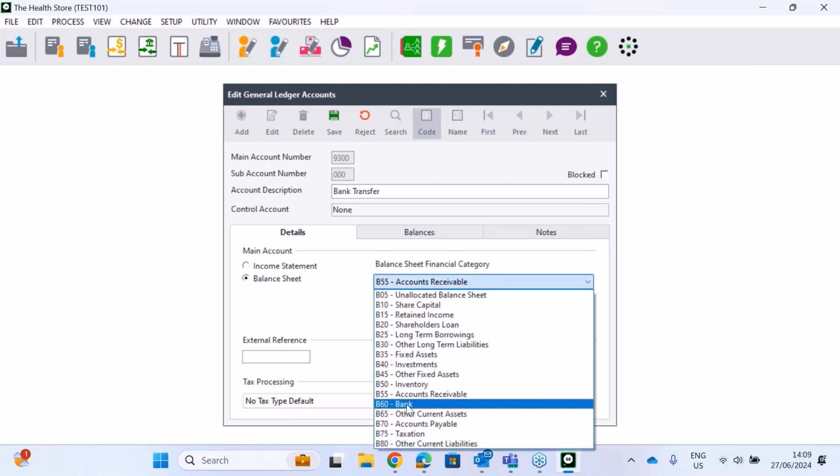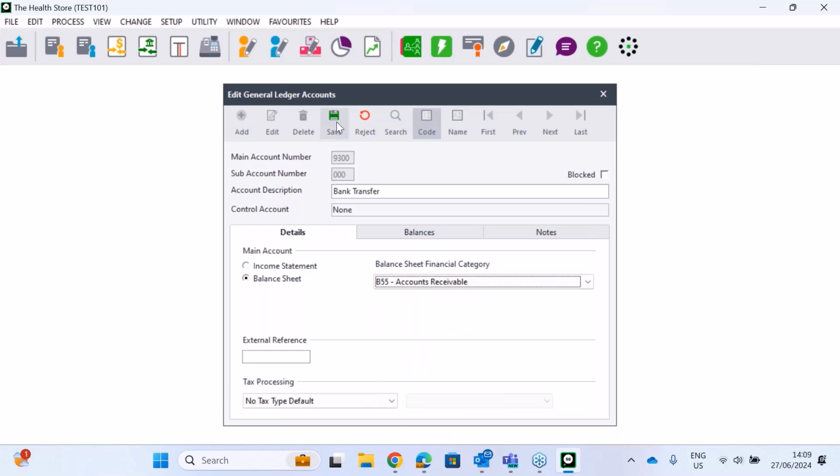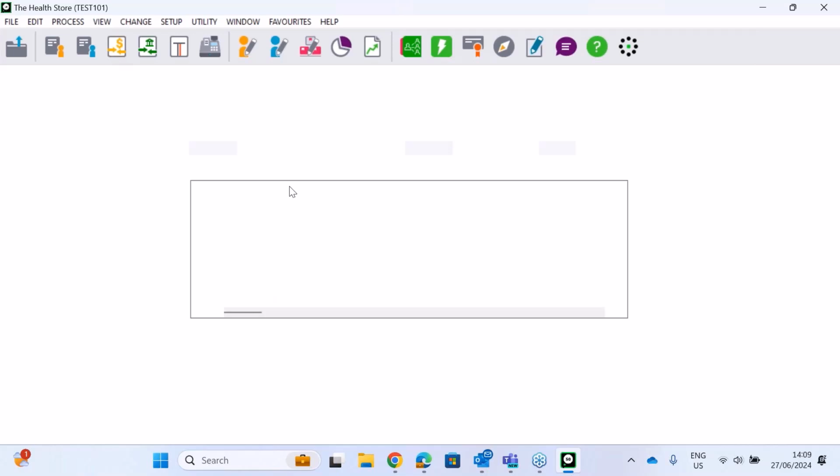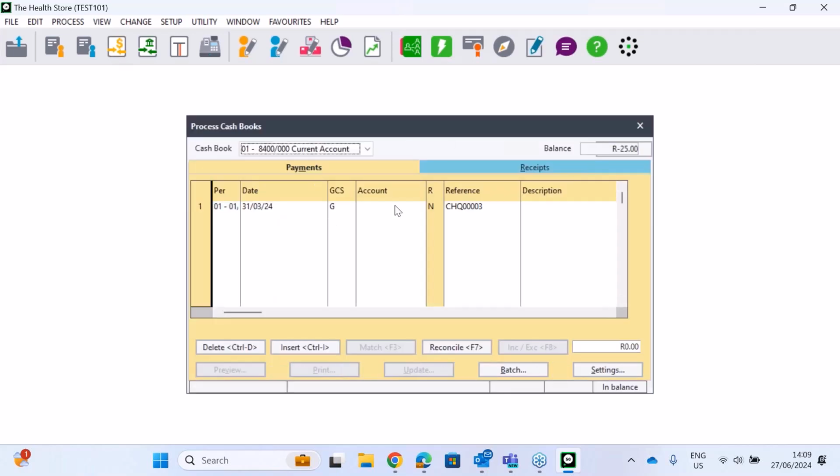Please do not select bank. If you select bank, it's going to turn this into a cash book account. So account receivable, and we're going to click on save. When processing then, this is where we are going to actually process to that specific general ledger account. So to the 9300,